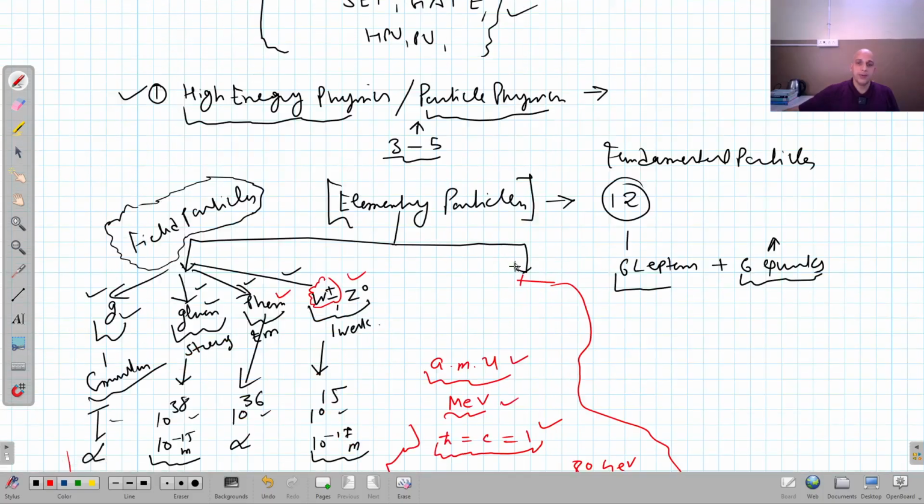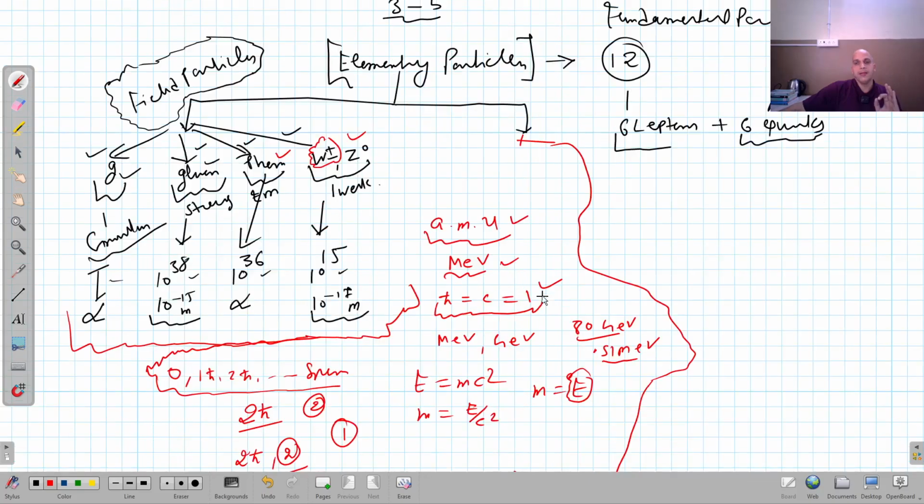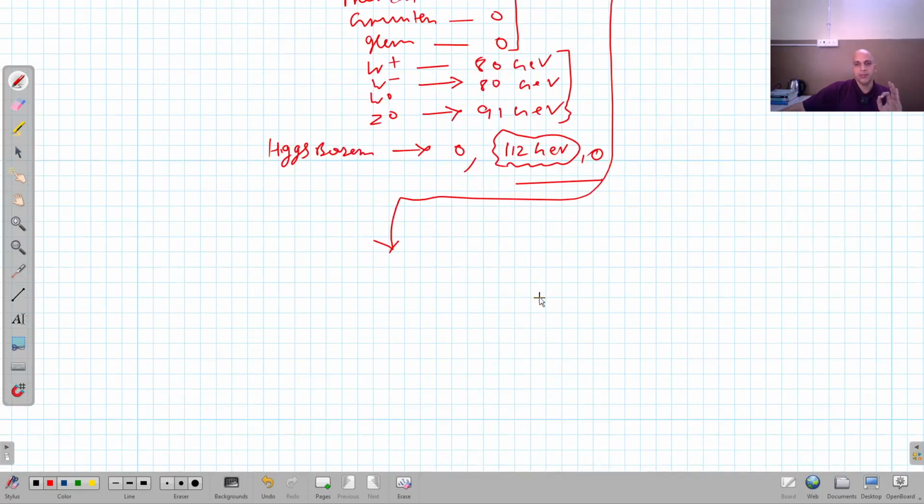Elementary particles are classified into 2 categories. Field particles, I discussed all the properties of field particles. Now I am coming to the matter particles. Matter particles means fermions. I can say these are fermions, right? So in matter particles, I have